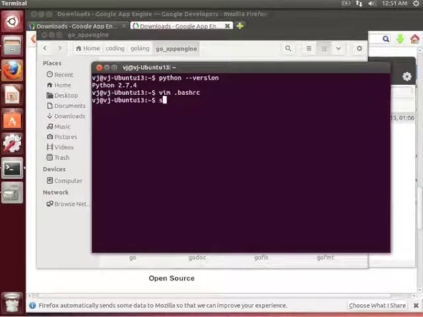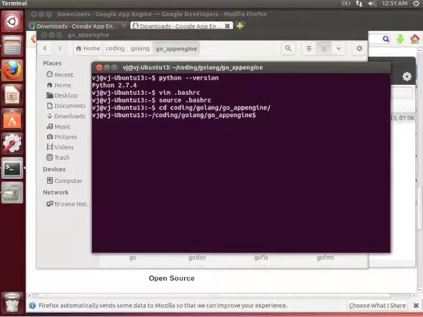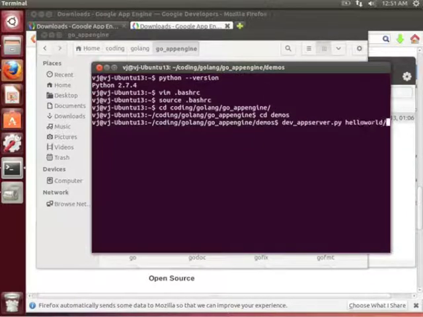With that set up and sourced, we can run the same example that we had earlier: cd coding/Golang/go_appengine, and say dev_appserver.py and give hello world as our, I'm sorry, we need to go into demos and say dev_appserver.py hello world, and then if we went into